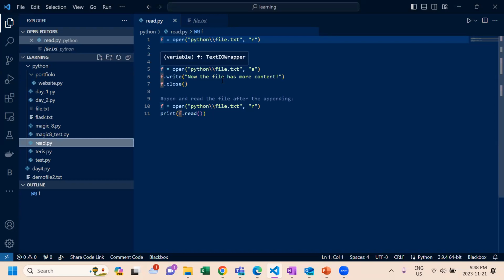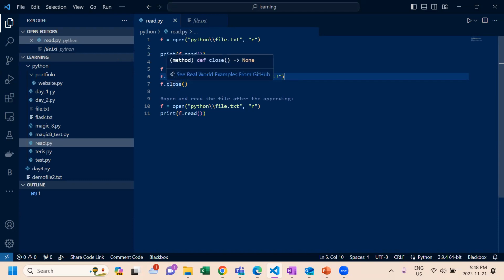Next, we want to append one more line, which says "now the file has more content." And then we will close the writing part, and then we will put another read for it. So if I run it,